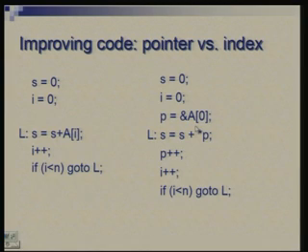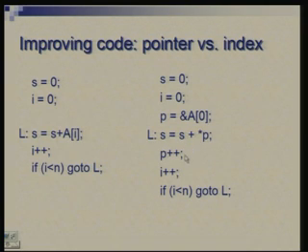And when you are performing the sum, instead of indexing the array A, we are dereferencing the pointer. So, instead of saying s gets s plus A[i], you have s gets s plus star p. Then in addition to incrementing the index, we are incrementing the pointer, and the rest is the same. So, these are the two extra statements we have introduced: one is initialization of the pointer, the other is updation of the pointer. The summation gets replaced by this.